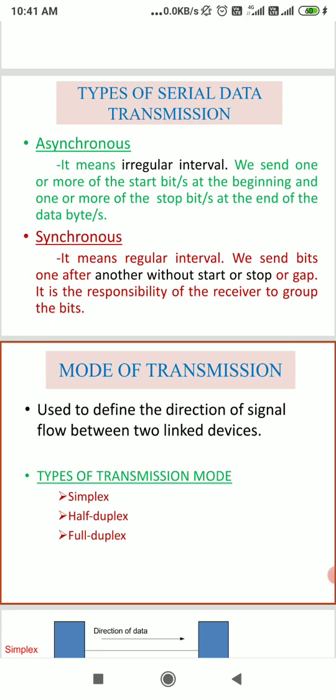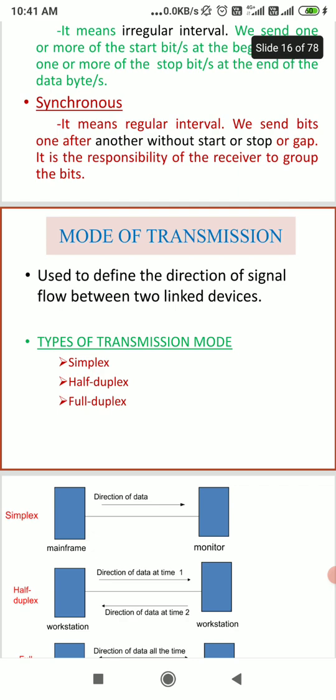So one bit after another, where we will not have a start or a stop gap. It is the responsibility of the receiver to group the bits. So here we can talk about the